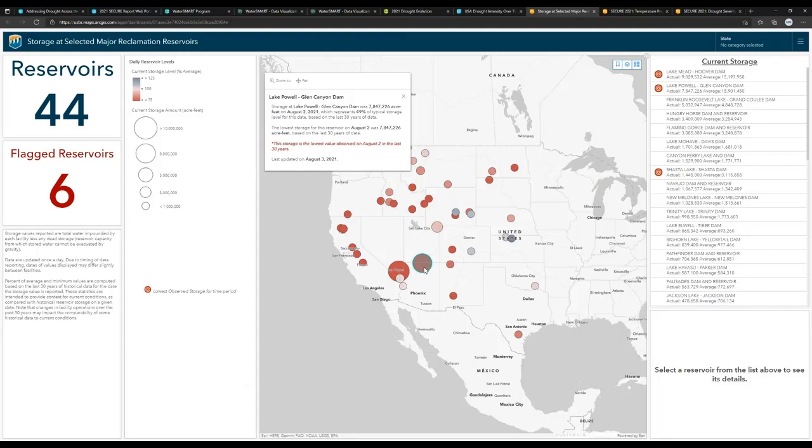And just by the way, we are working with the Lower Colorado folks to make sure that we represent this information in the same way that they do. They talk about live storage in their region, and so we're making some adjustments as we go to make sure that the way that we're showing the reservoir levels matches with how the regions like to show their reservoir levels.